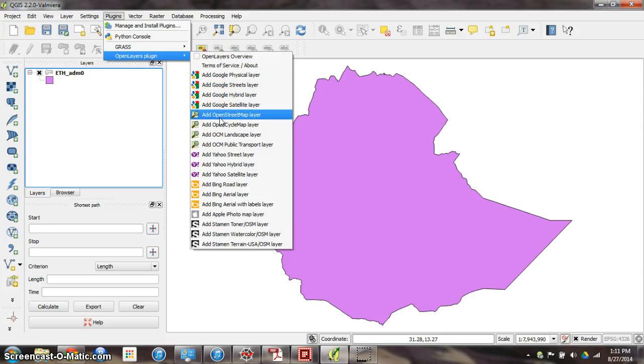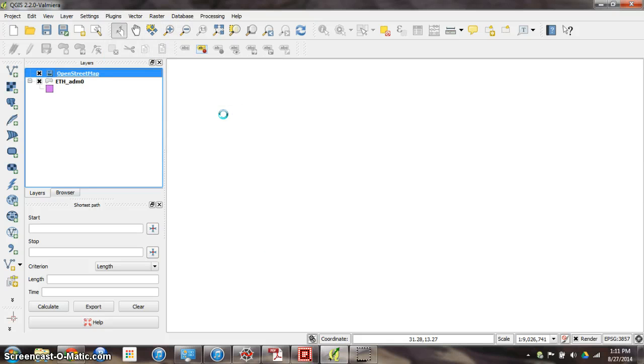So let's see here. For the OpenLayers plugin, we can add the OpenStreetMap layer. And if we give it a second here, it should pop up with OpenStreetMap behind the scenes. And rendering sometimes takes a long time with OpenStreetMap, as many of you have already figured out. While this is rendering, hopefully, we can go in and show you some of the other differences between